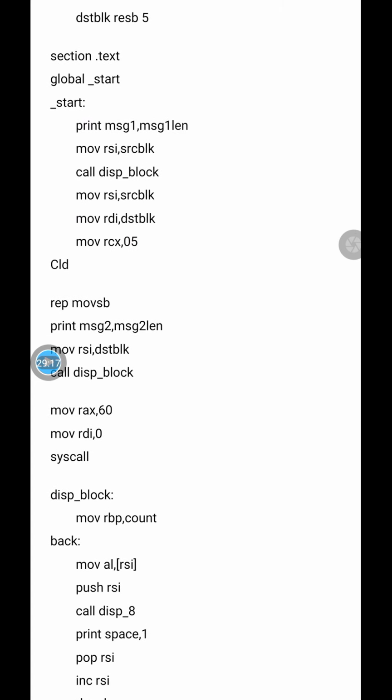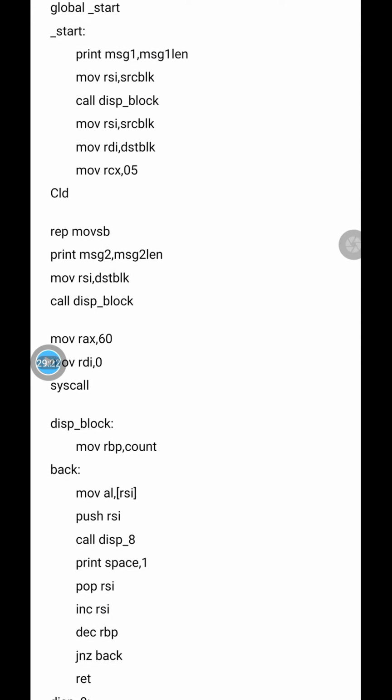Now these two programs we have written separately, but suppose the problem statement is like you have to display the menu. In the menu you write the first as without string instruction, second as with string instruction, third is exit, and you have to enter the choice. Suppose if you enter the choice as 1, the program execution should be non-overlapped block transfer without string instruction.